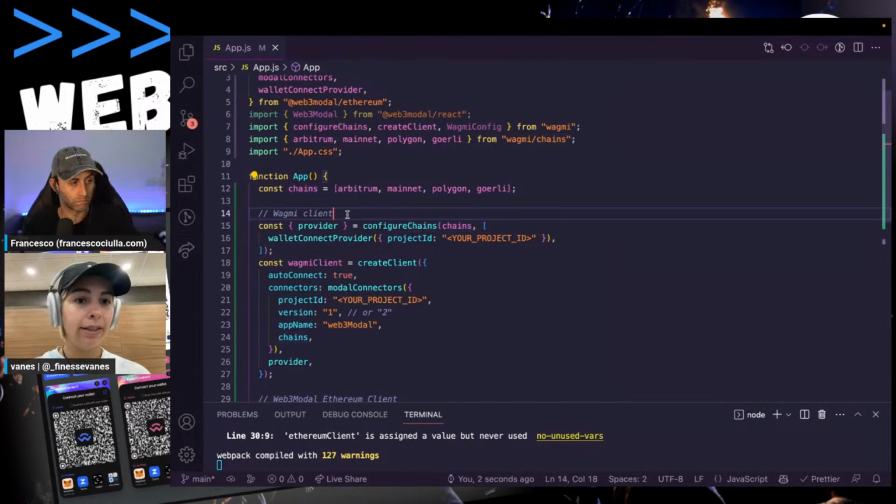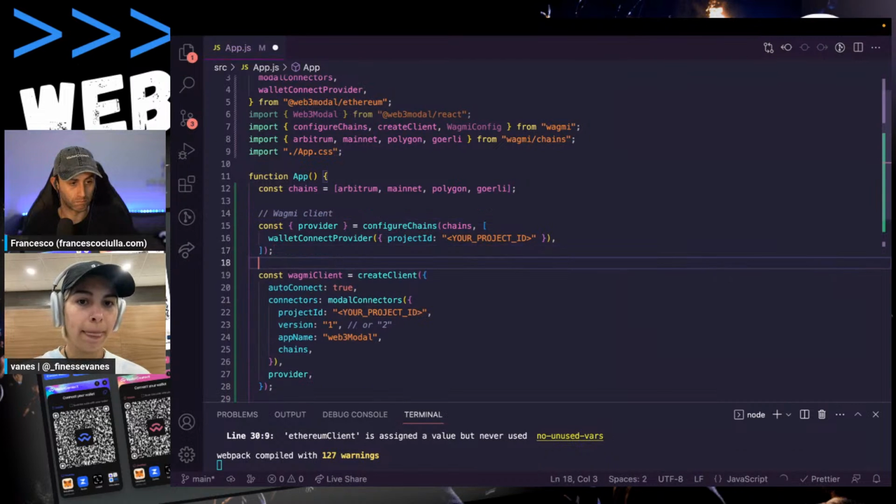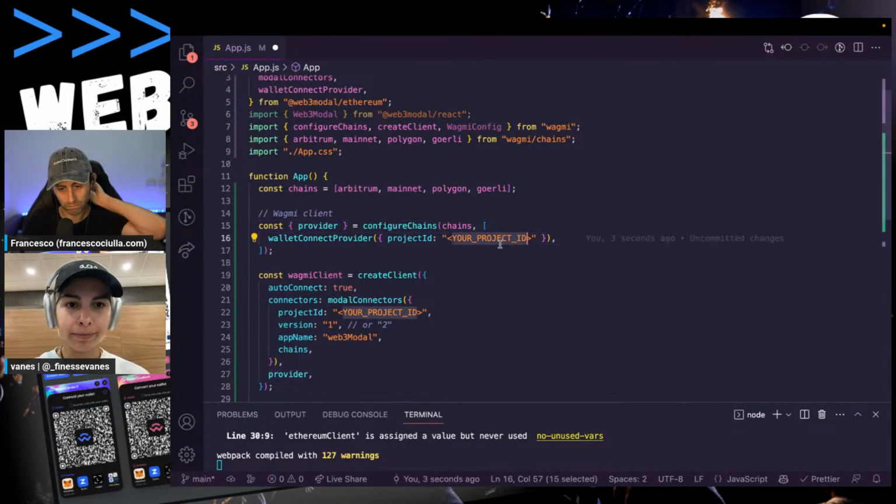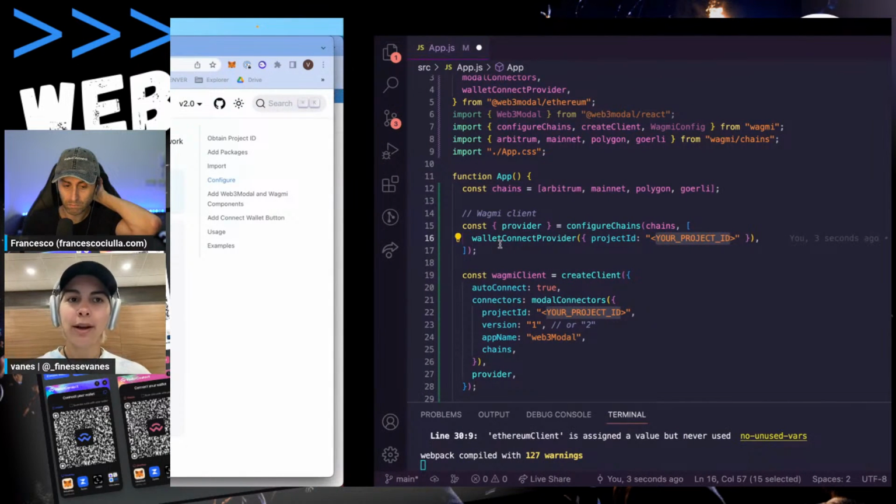And next slide. This is where we set up the WAGMI client. So you're going to see that we are grabbing a provider after we configure. And you're going to see that we also need a project ID. So if you've never used WalletConnect, you may not be familiar with what a project ID is, but we can go get one. To get one, we can go to